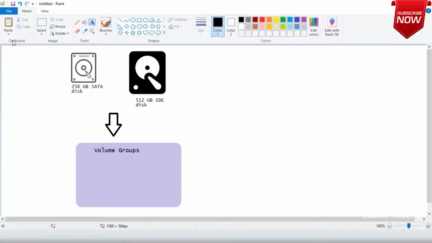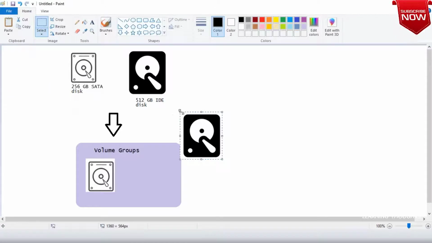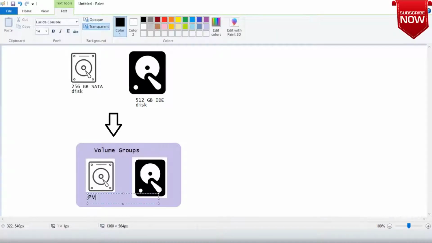A volume group is a collection of all the disks which you have, and the disks I will call PV. By PV I mean physical volume.